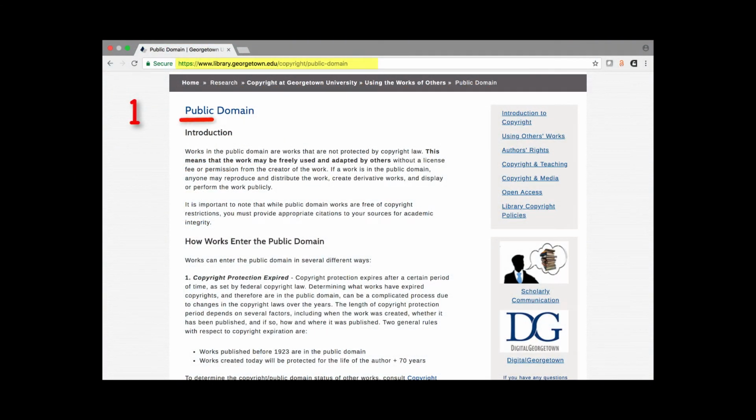First, materials in the public domain are not protected by copyright law and therefore may be used freely. Public domain has a defined meaning under copyright law and does not mean materials publicly available on the Internet. While there are several ways that a work may enter the public domain, the most likely is that copyright protection has expired. For 2018, this means that anything published before 1923 can be used freely. Starting in 2019, on January 1st of each year, another year of published works will enter the public domain. Read more about the public domain on our public domain webpage.